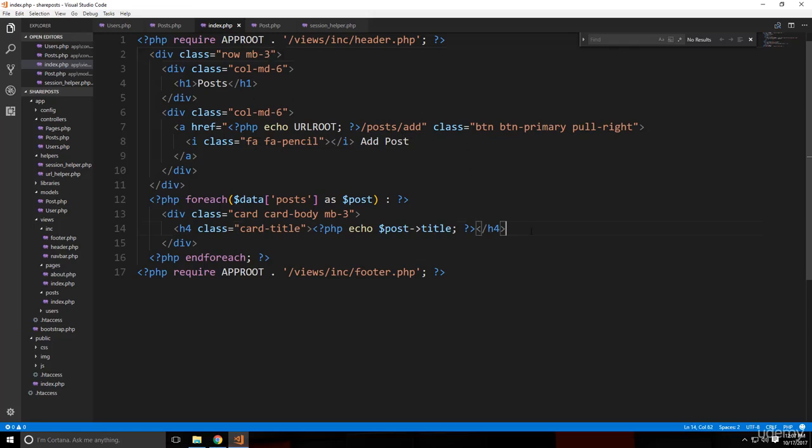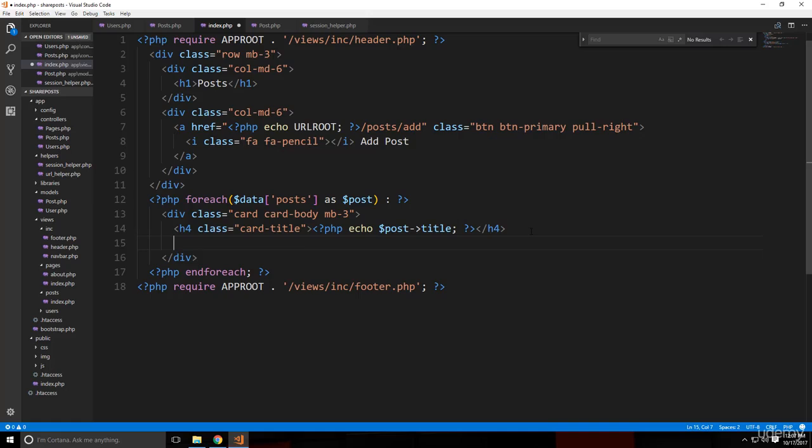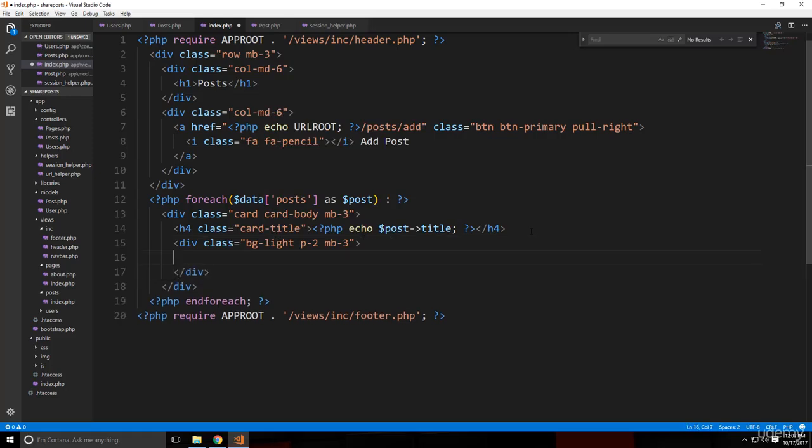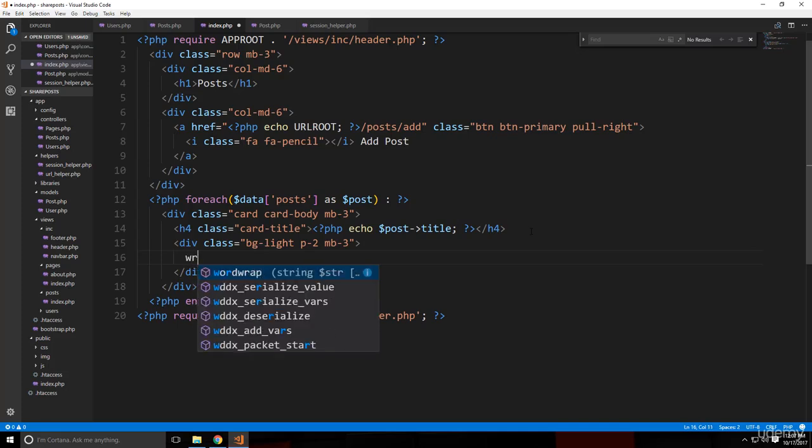So let's see. We're going to go under the h4 and let's put a div. We'll give it a class of bg-light to give it like a gray background. Should be a dot here. So a class of bg-light, and let's also give it a class of p-2 for padding 2. That'll add padding all around, and then margin bottom 3. All right, and then in here, I basically want to say like written